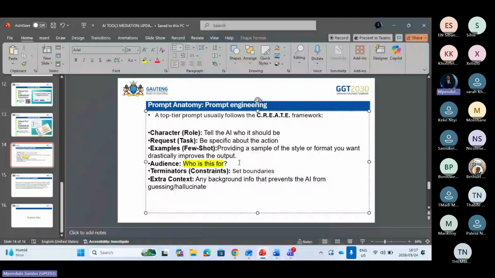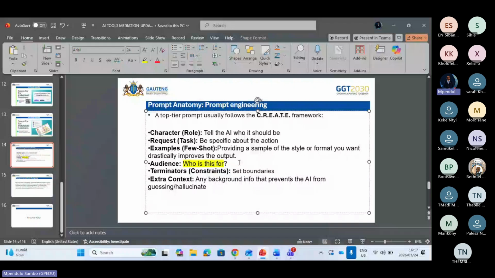Okay, let's go to these terminators or the T. We're almost done with this prompt engineering. It talks about the constraints. You need to set boundaries for these AI tools when you are generating the lesson or when you are prompting the lesson. So now, how do you set the boundaries?